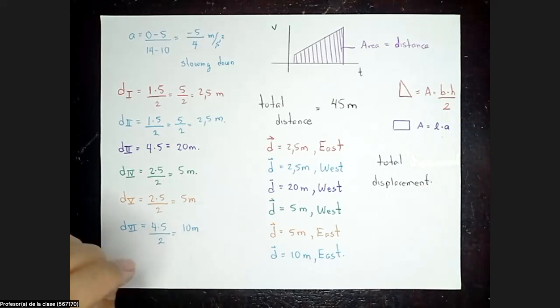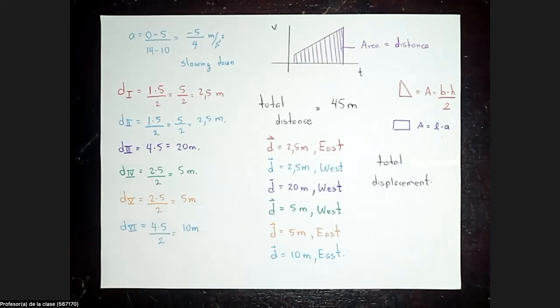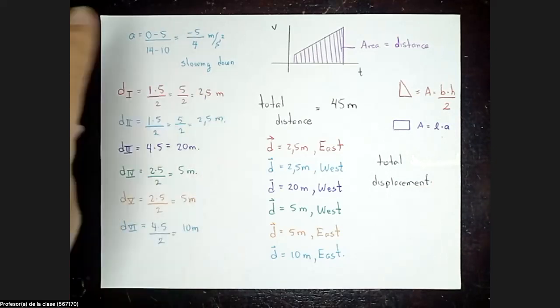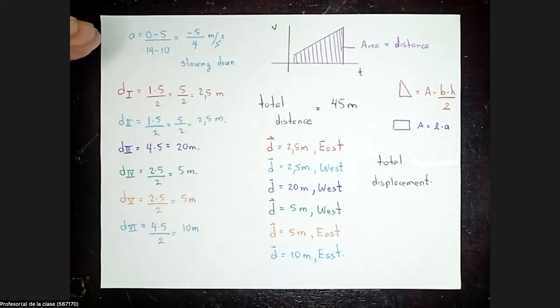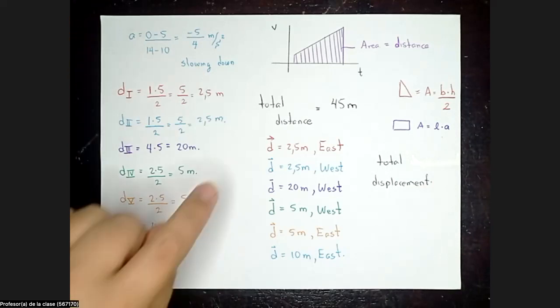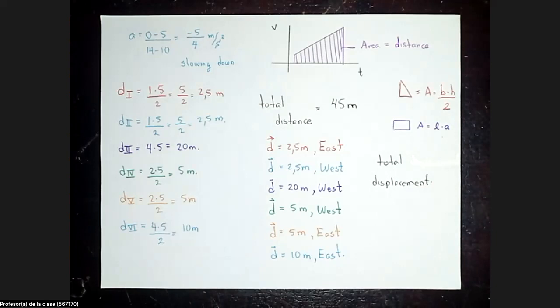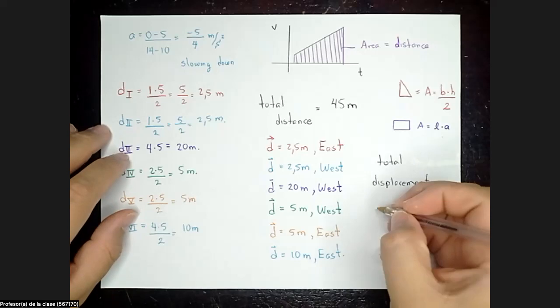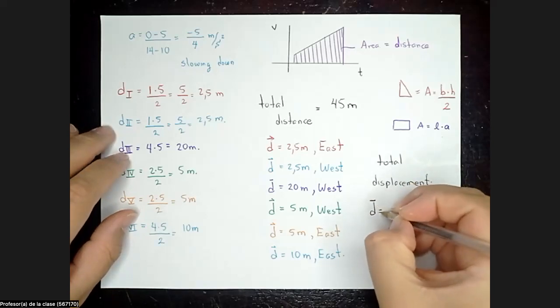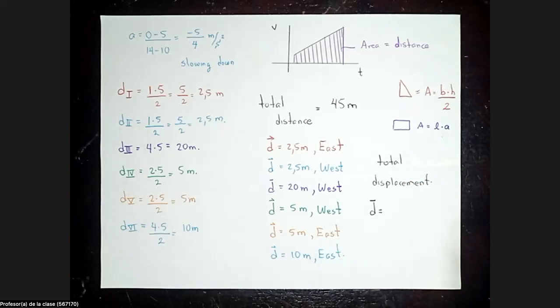So the easier way to do this, for example, from the distance, because for distance you only have to add all the distances. So the total distance is 45. And the total displacement, you can do this. You add all the intervals that are going to the